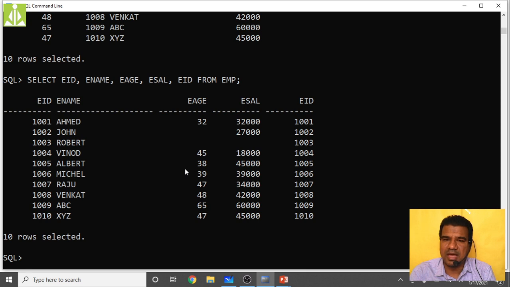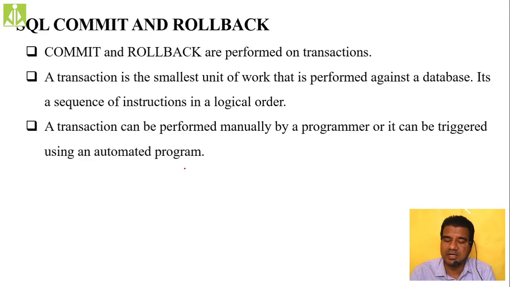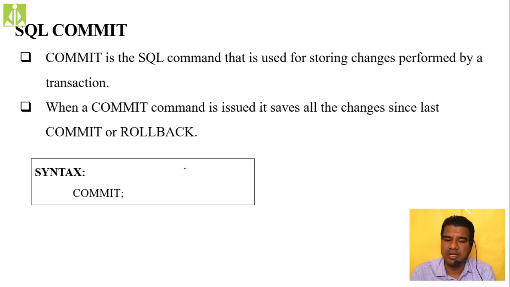They are entered into the database, but they have to be made permanent. Still they are in random access memory only. They are not stored on your hard disk, hard drive. That is the reason why whatever entry I have done is temporary. I will show you by practicing these rollback and commit commands how commit and rollback work. So go and see the next slide, that is the commit command.